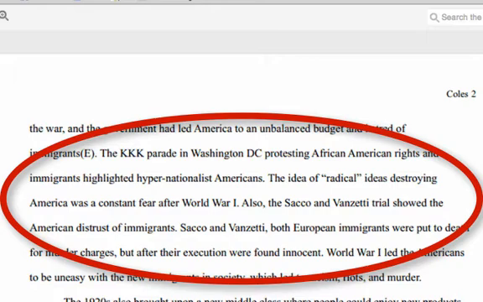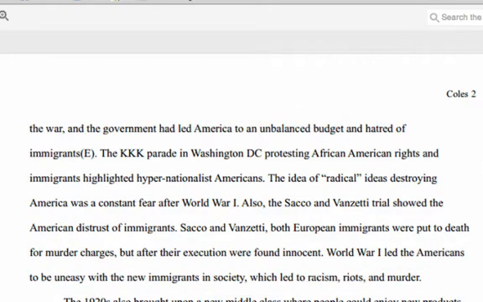The fact is about Sacco and Vanzetti. The last sentence is analysis. This is the way you want to try and end your paragraphs. Don't end your paragraphs on a fact, and don't end your paragraphs on a document. Try and provide some analysis after the facts and after the documents. This tells me why the facts that you are using are significant. So now let's go to the next paragraph.